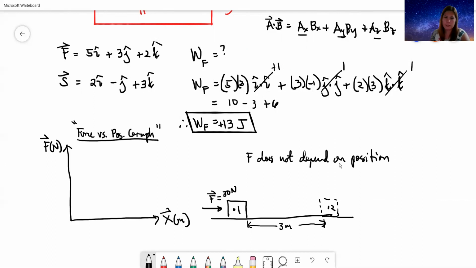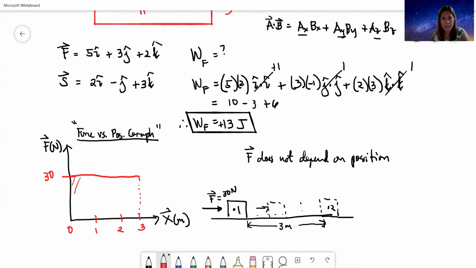Okay? Force does not depend on position. Meaning, kahit saan pa dito yung box, let's say nakarating siya dito ngayon, yung force 30 newtons pa rin. Pagdating ni 30 newtons hanggang na-travel na yung 3 meters. Eh di ang graph natin ngayon, pwede kang maglagay dyan ngayon ng 30 newtons. And then this is 0. And then this is 1 meter, 2, and 3. So the graph now is a constant graph. Ayan.